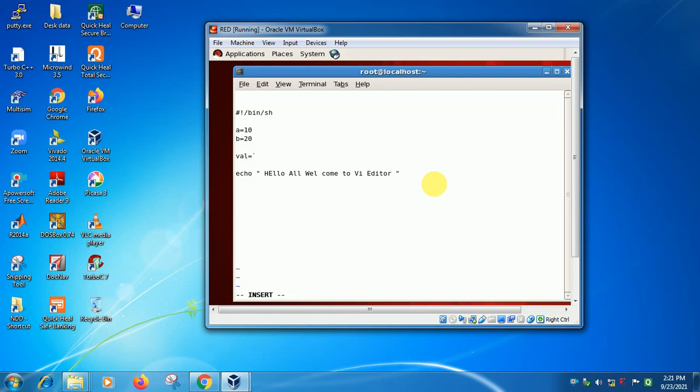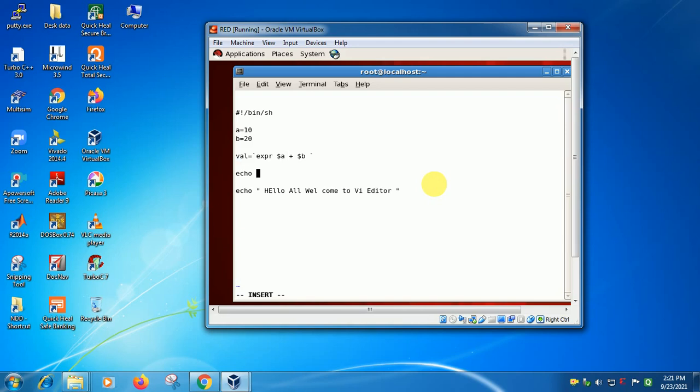Give a space, then expr, then dollar sign a, space is mandatory, space, dollar sign b. Then complete the quotation. It produces the addition of two numbers a and b, which is 10 plus 20, which is 30.